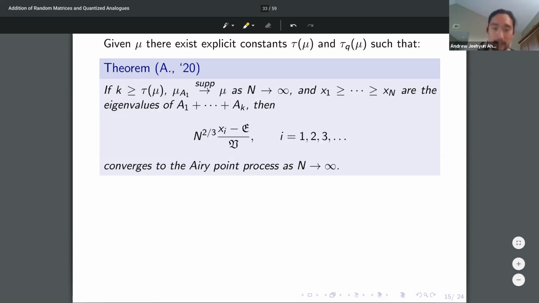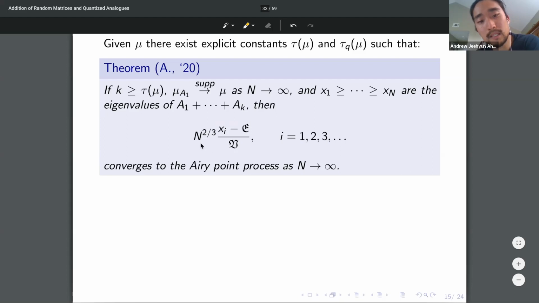The first theorem I want to state then is in the random matrix setting. So we'll have some explicit constants tau mu and tau sub q mu, such that the following holds. If k, the number of summands, is a fixed number which is larger than tau mu, and if we also assume that each of these AI, recall they're all IID now, so that mu A1 converges with its support to mu as n tends to infinity, and if the eigenvalues of the sum of the AIs are denoted by x1 through xn, then